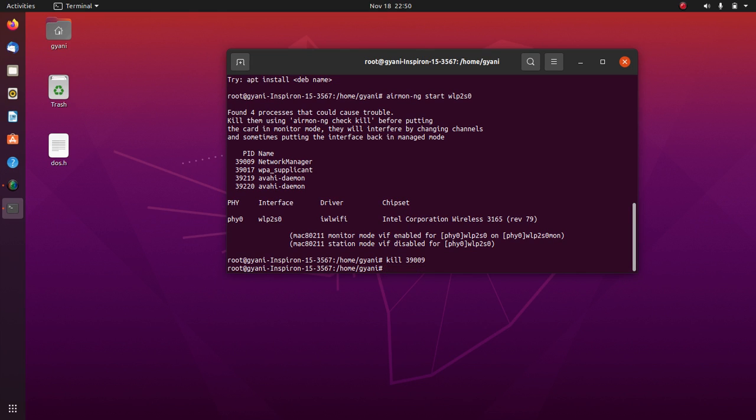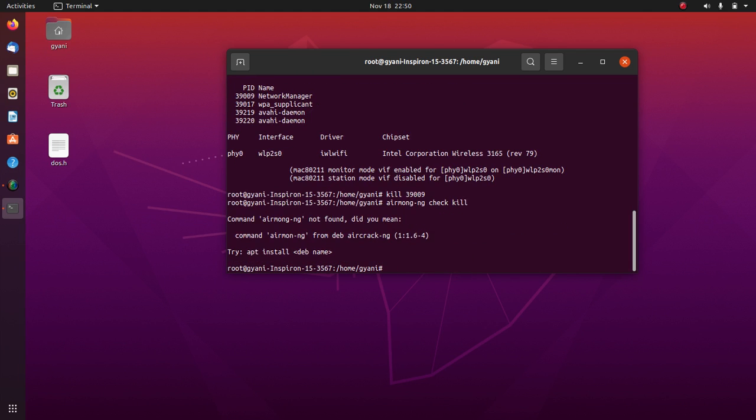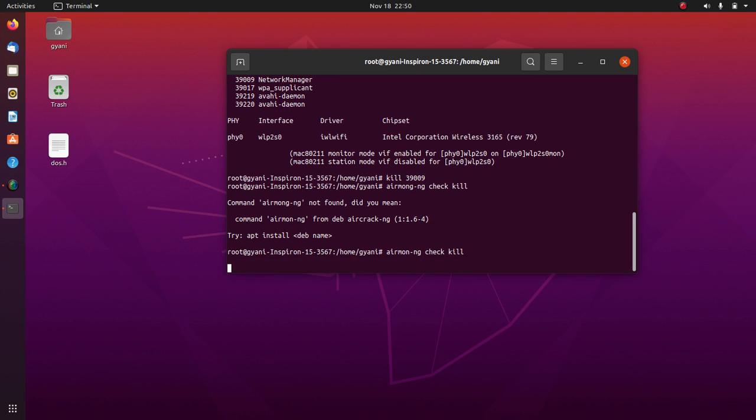Now we can use the command airmon-ng to see which processes are still running and using our network interface card. If it returns nothing, it means that no other processes are using our network interface card.